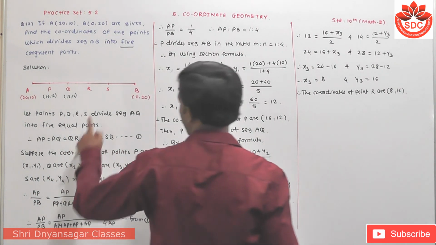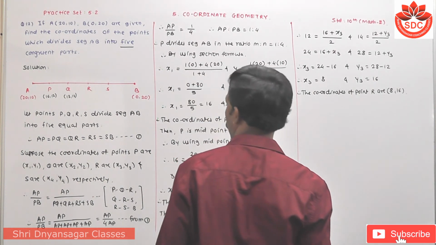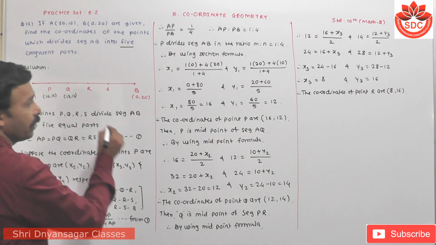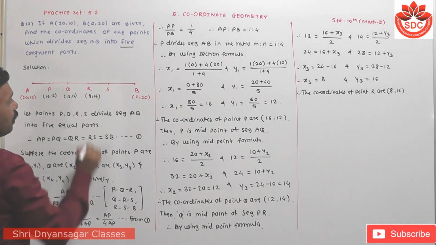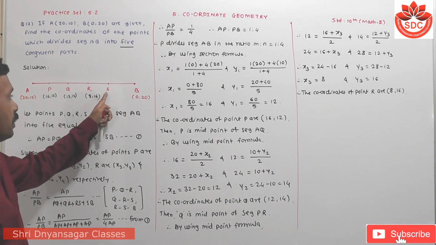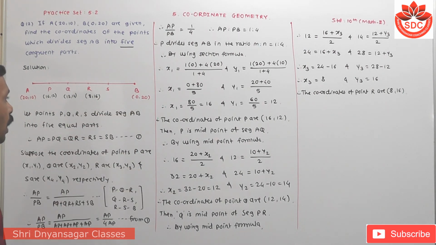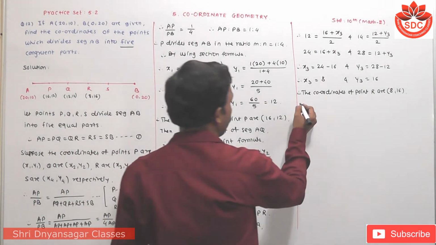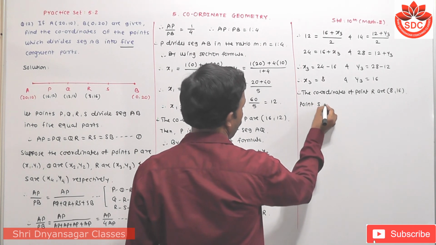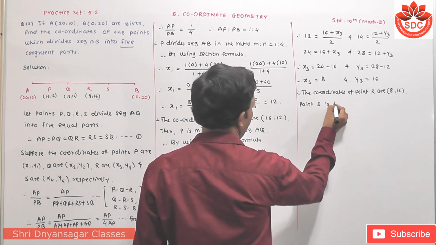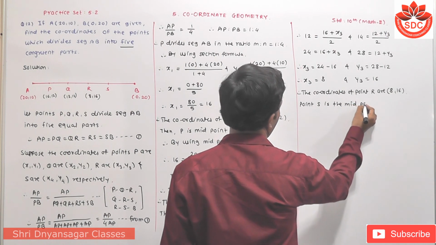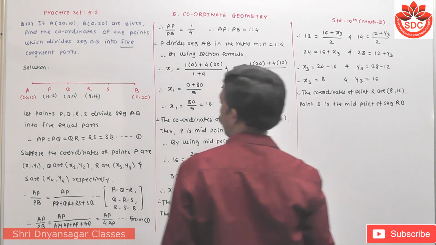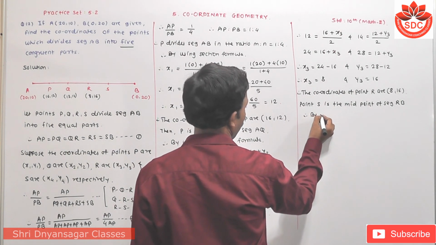Now student, then we take the coordinates of point S. Then I have to write here point R having coordinates 8 and 16. Okay. Now we take S as the midpoint of the segment RB also. So I have to take point S as the midpoint of segment RB. Therefore, by using the midpoint formula,